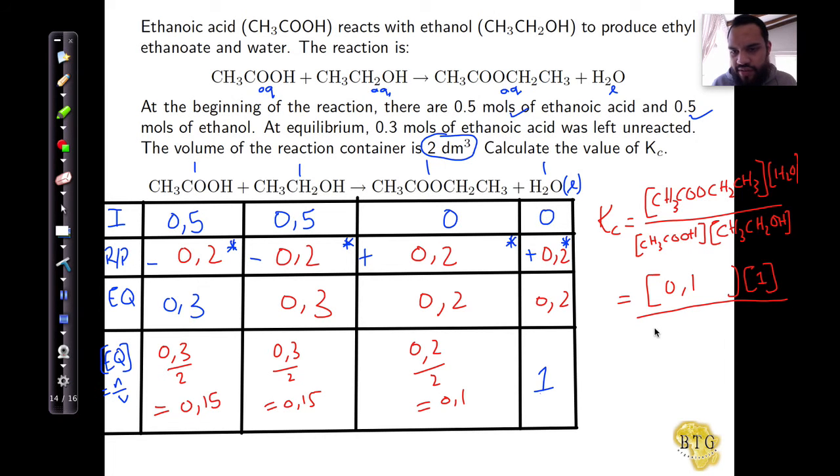Then the reactants we have 0.15 multiplied by 0.15. Okay, and let's see what that gives us. 0.1, you can do this on your calculator, divided by 0.15, multiplied by 0.15. It's going to give me 4.44. And once again, the Kc value has no units needed because they're all